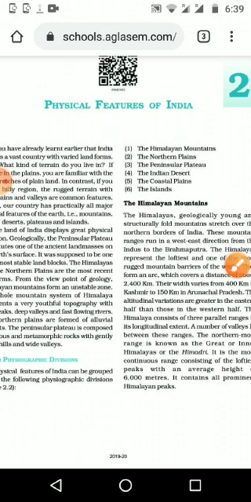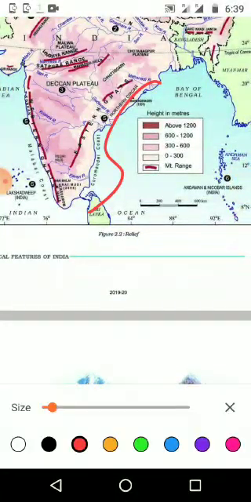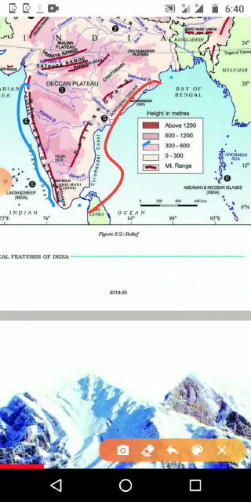Next one is coastal plains. We are having coastal plains on both sides. One is the Bay of Bengal side, and here we can see the Arabian Sea side. Both sides we are having the coastal plain, and this coastal plain totally we will call Konkan area, and we will call it Coromandel. Again it is divided into many, and we can see the Konkan plain coming in a very small area, other areas with other names. In Coromandel also it is a small area, other areas have different names. Details we will study inside the lesson.